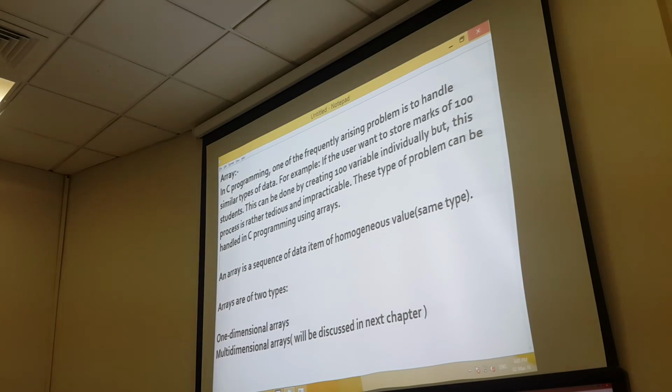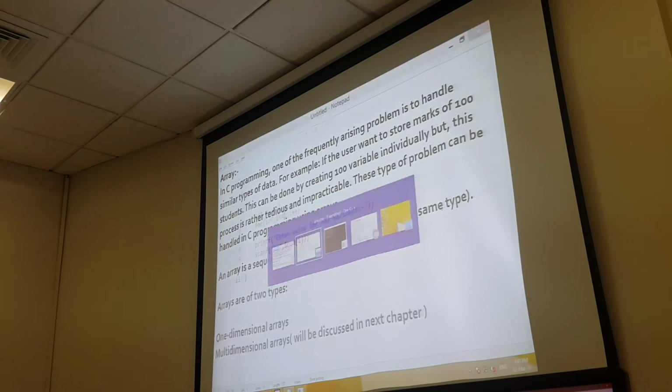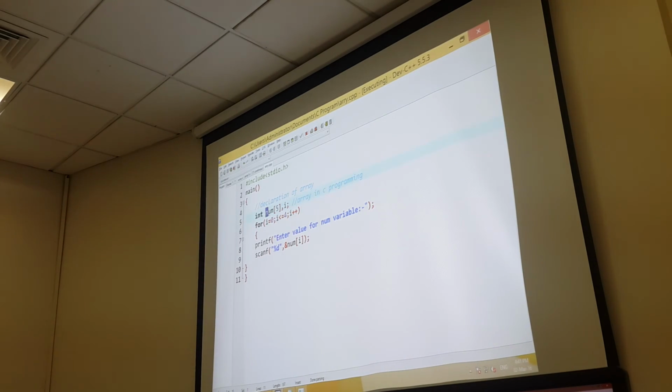This can be done by creating 100 variables individually, but this process is rather tedious and impracticable. This type of problem can be handled in C programming using an array. Fine? An array is a sequence of data items of homogeneous values, the same type. It means if you have an integer, you can enter only numbers.